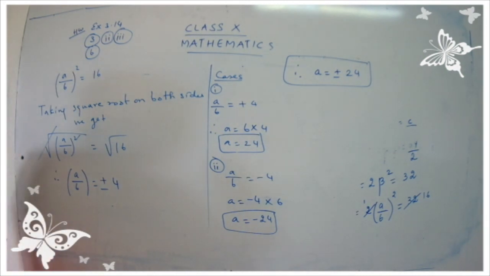Just have a practice of your sums, children. Once you practice the sums, you will be perfect in that. If you feel a sum to be tougher, or complicated, or confusing, the only one thing you have is to practice and practice. The more you practice, the more you get perfect in that sum. Maybe the sums are small or maybe bigger, the only way is to solve and practice your sums. So have a habit of practicing your sums, children.